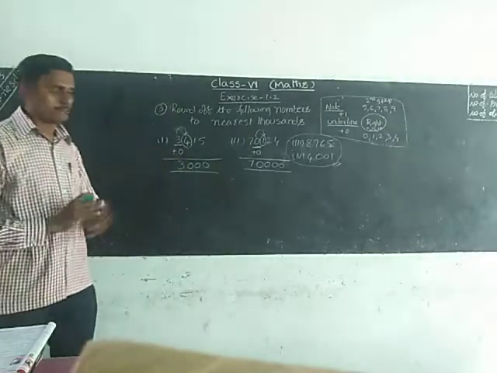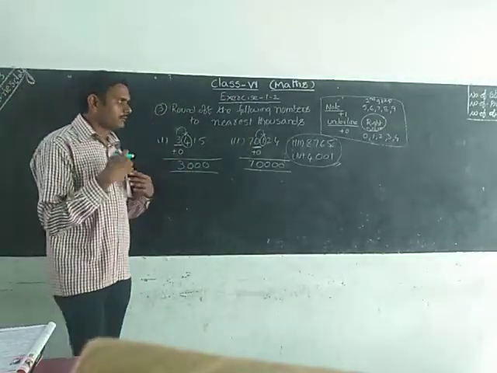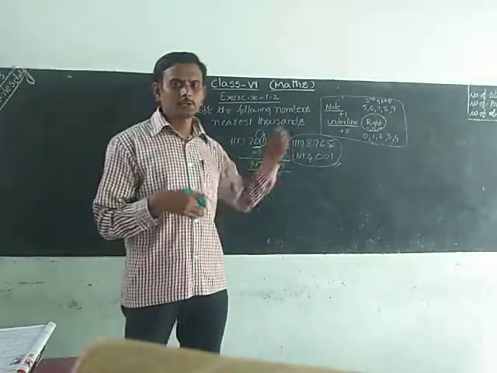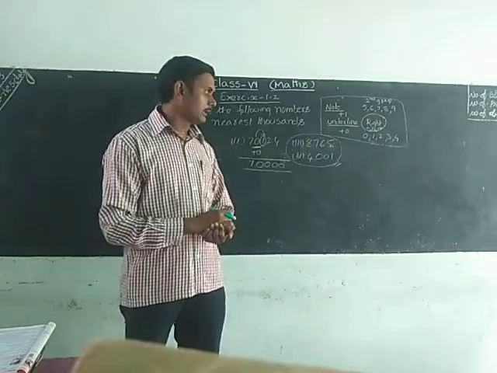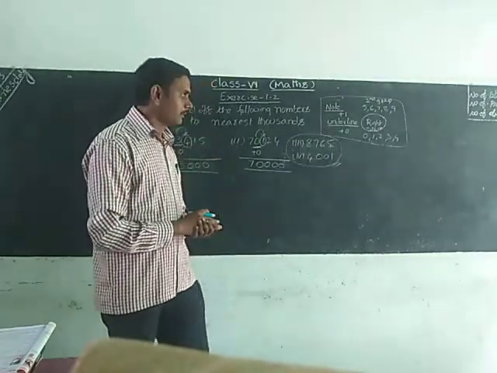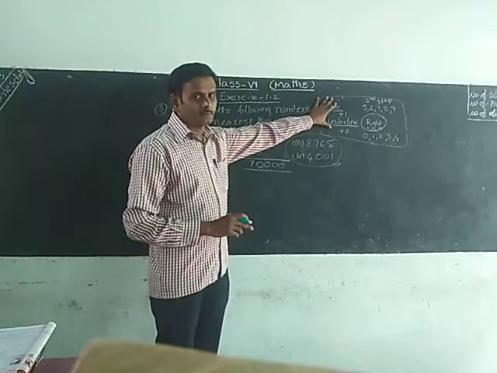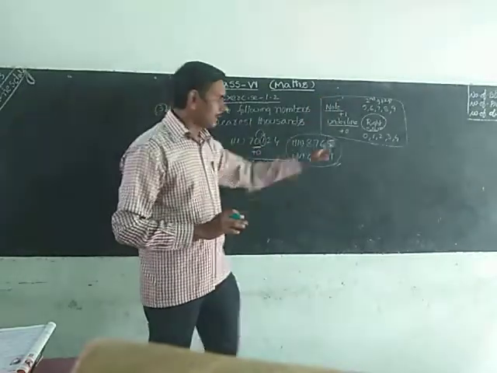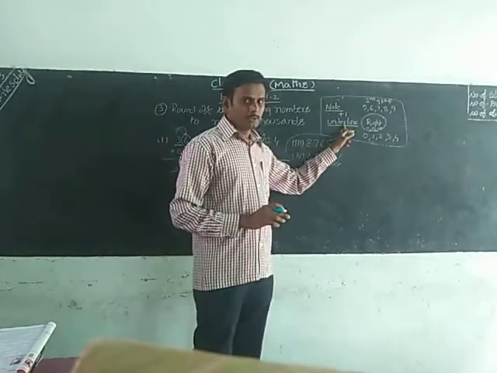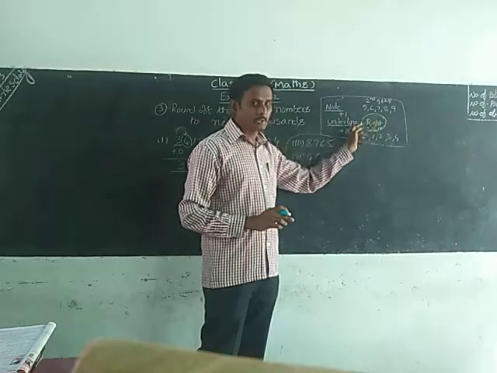This is about the round up. Any time they ask you for the nearest 10,000, we will follow this method. I think all of you have understood. If you remember this note point, you can do it very easily. Underline the required place. Which number is on the right side of the required place?